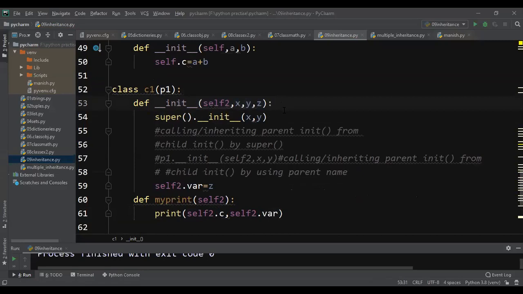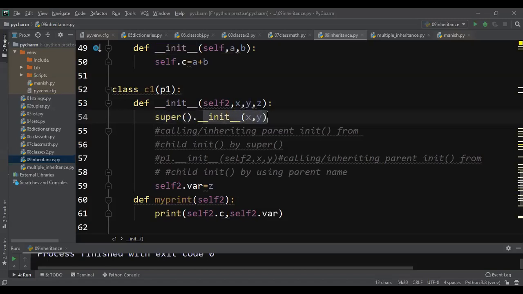So if you want to execute your parent constructor also, you have to call your parent constructor from your child constructor. How can I call the parent constructor from my child constructor? By using this method. This super method is used to call the parent constructor. If you mention the super method, it will understand that okay, now the child wants to use the parent's constructor. Okay, right?